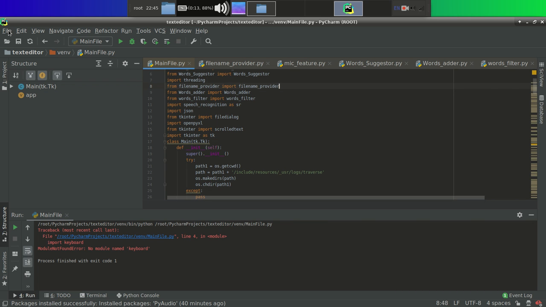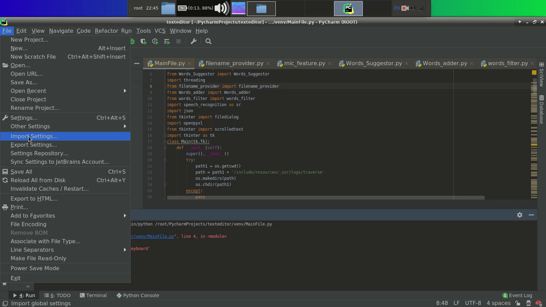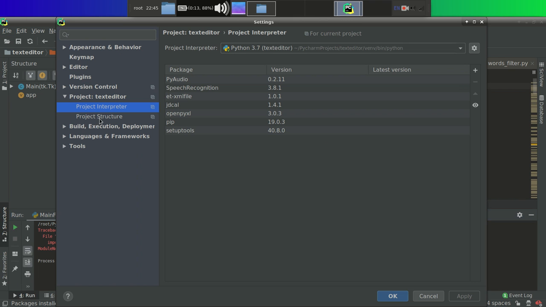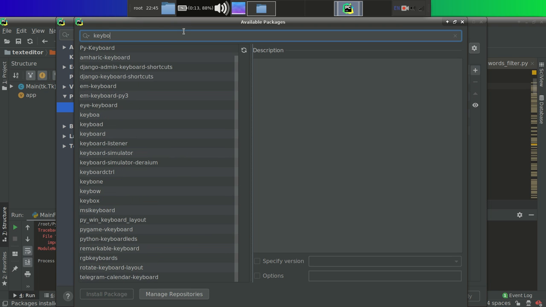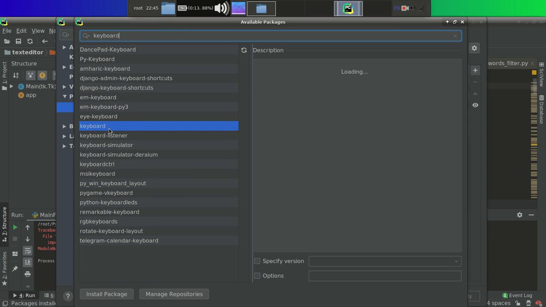And first of all we have to download this keyboard package. So let's go to settings, interpreter, and then use keyboard. Great, so this is keyboard. Let's install this package.